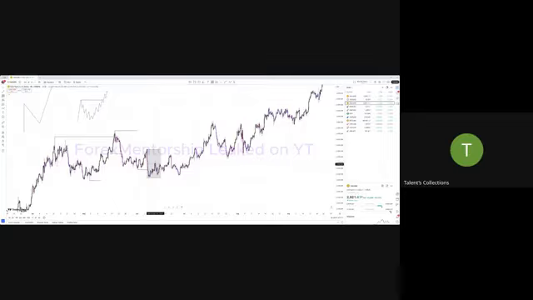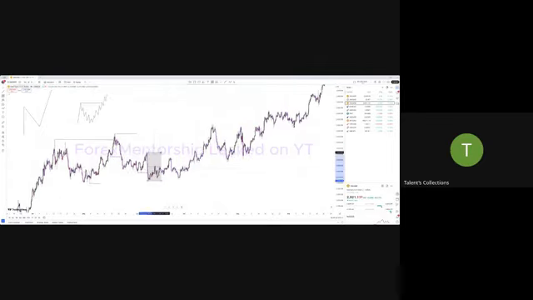So this pullback you see is a complete one. An incomplete one is when the pullback does not get to the 50%. Let's just say it stops like here, didn't get to the 50%. But since this is an internal structure here, this downtrend, you measure from the high down to the low. You get your pullback, this pullback into premium level. So this particular pullback,